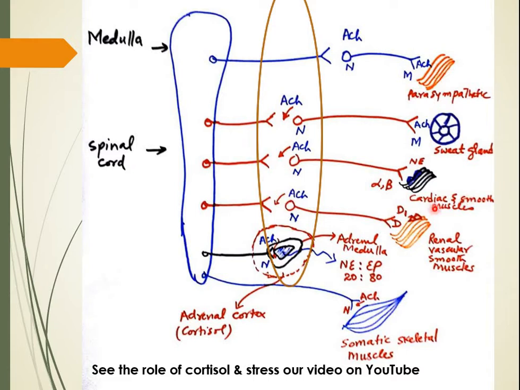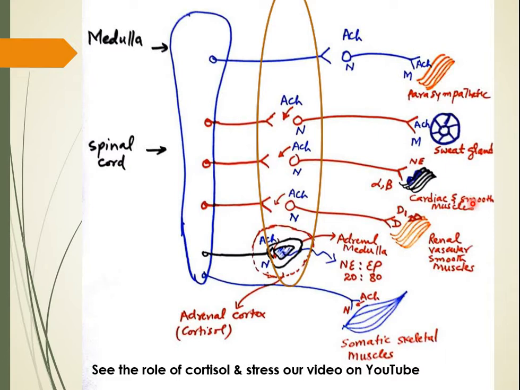Therefore God is the biggest scientist, and he created the sweat gland with the acetylcholine and muscarinic receptor at the postganglionic nerve fiber ending of the sympathetic division, and thus to help in body temperature regulation. Now, in case of the sympathetic division of the autonomic nervous system, you see there is norepinephrine at the adrenergic nerve ending, where the receptor may be alpha or beta, and this is a classical example of